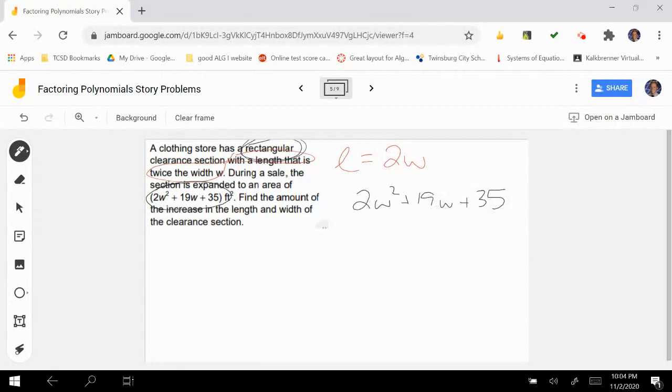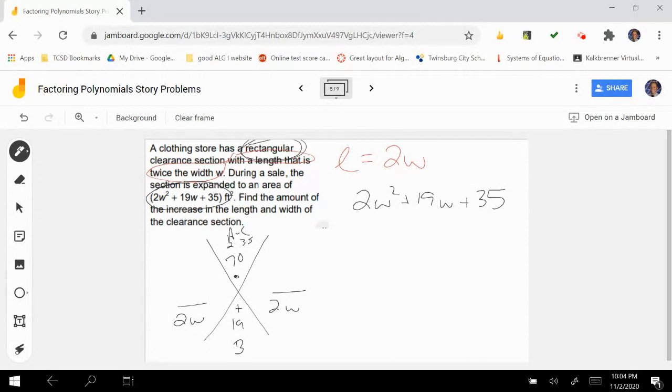Since we have 3 terms in standard form, we use that big X method. Again, A times C goes in top, the b in the bottom wedge. And again, we have an a value, so that's going to go in the side wedges, so we can simplify at the end. What is a? 2. What is c? 35. So what's 2 times 35? 70. What's my b term? 19. So what two factors of 70